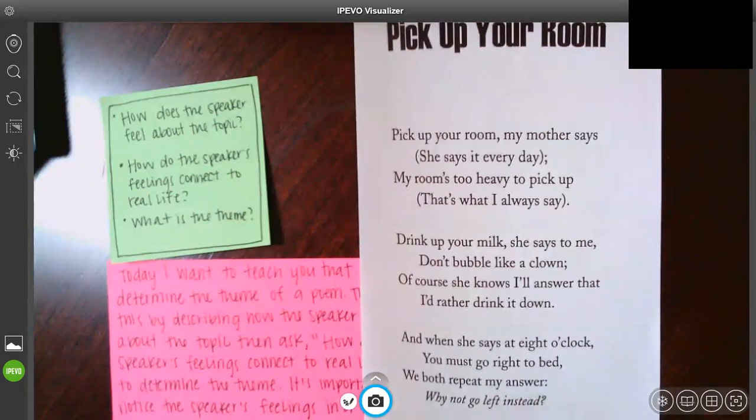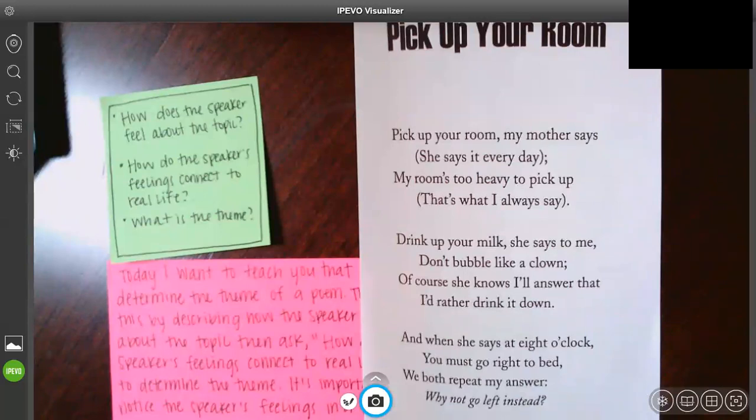Pick up your room, my mother says. She says it every day. My room's too heavy to pick up. That's what I always say. Drink up your milk, she says to me. Don't bubble like a clown. And of course, she knows I'll answer. I'd rather drink it down. And when she says at 8 o'clock, you must go right to bed, we both repeat my answer, why not go left instead? So now that I've read it once, I'm going to read it again, but this time I'm